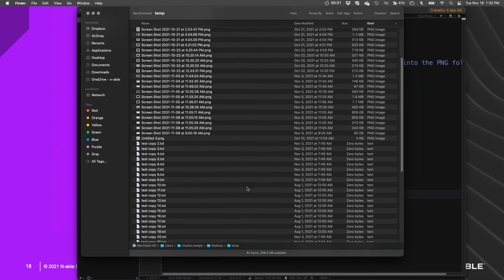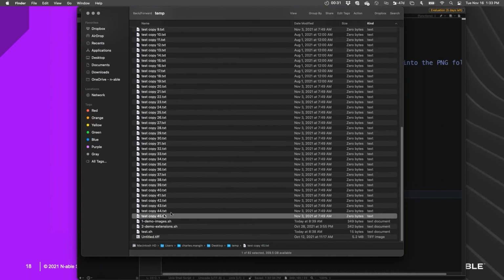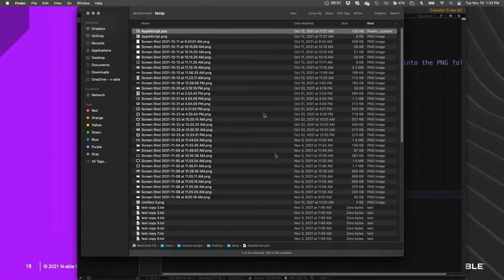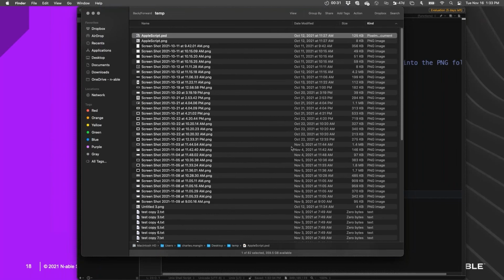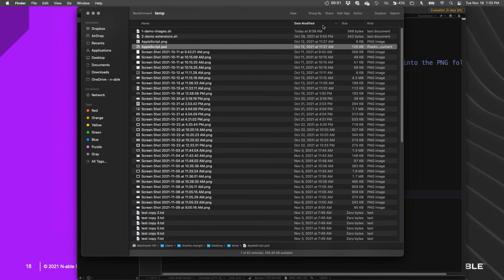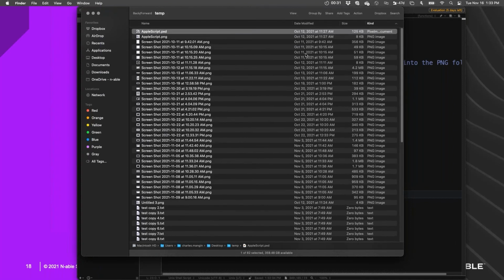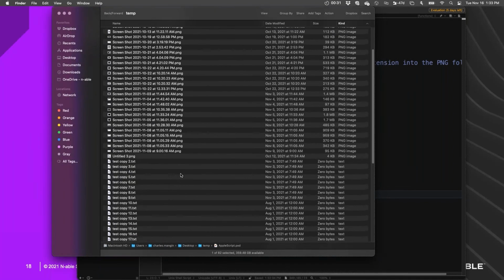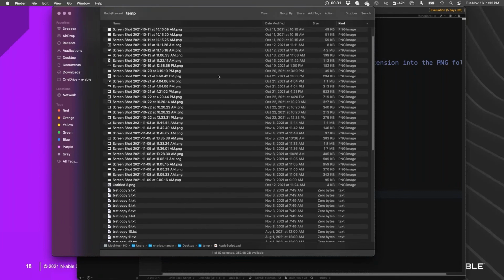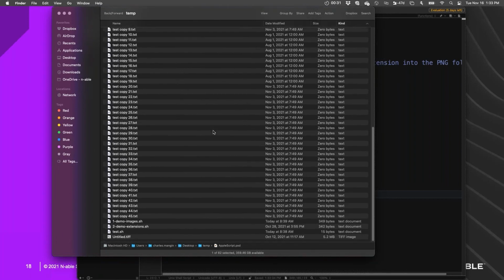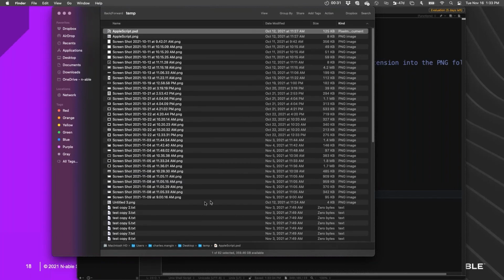You end up with big long lists of files: text files, shell scripts, a bunch of screenshots that are PNGs, a Pixelmator PXD, and so on. We can sort them by name, date modified, and kind in the Finder columns. But say this was all the files on my desktop, and I wanted to organize them so I can see what's there at a glance, as opposed to it all being mixed up in the same folder.